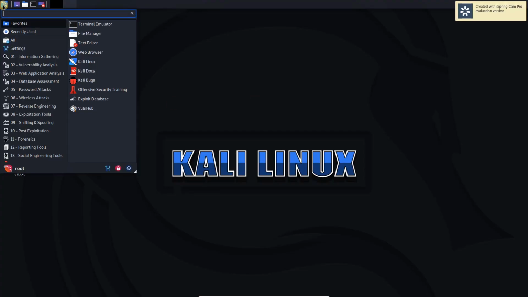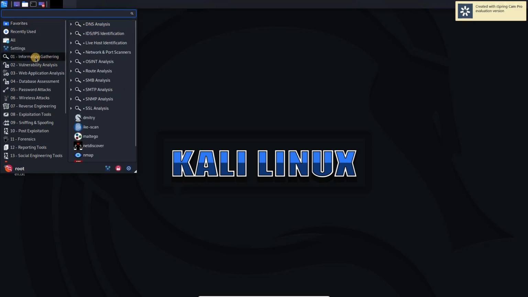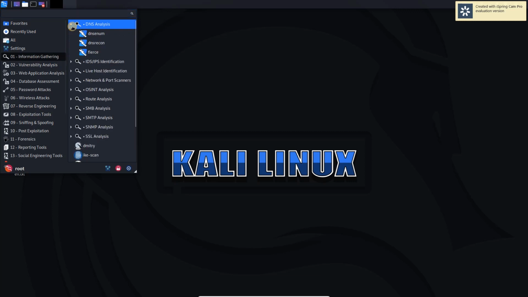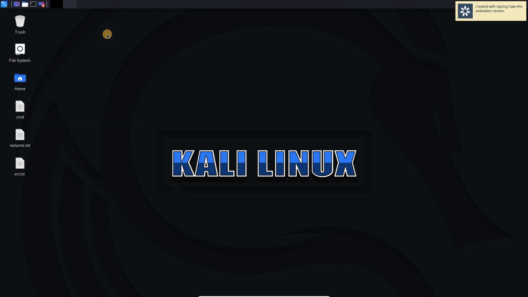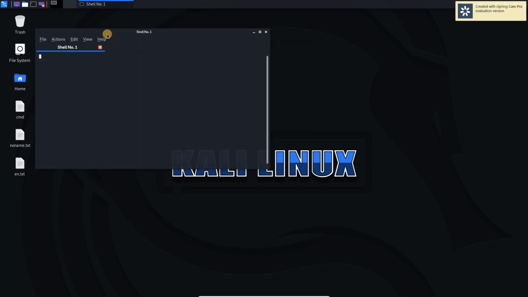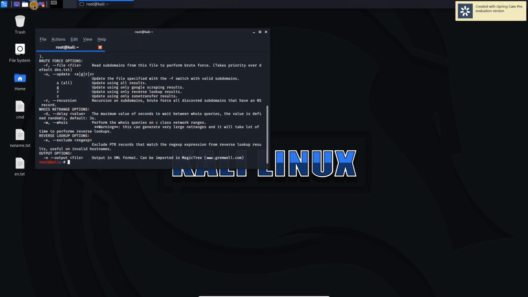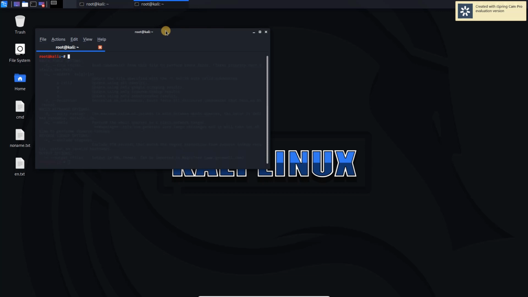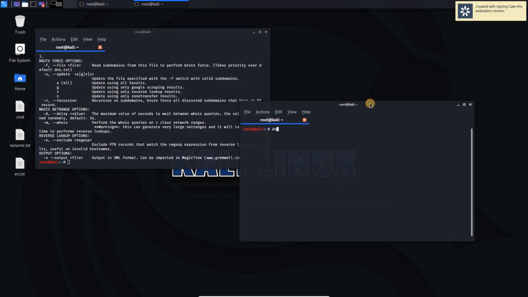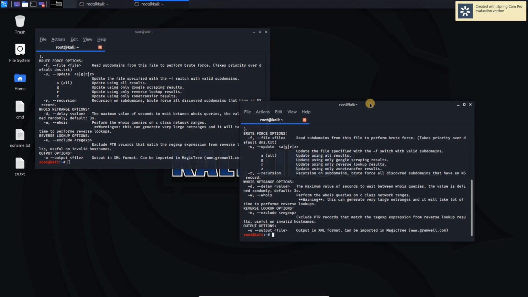This tool is the first tool of information gathering in Kali Linux, that comes in its order, dnsenum. You can directly click and open this, or you can even open the terminal and just type dnsenum. It will open this.